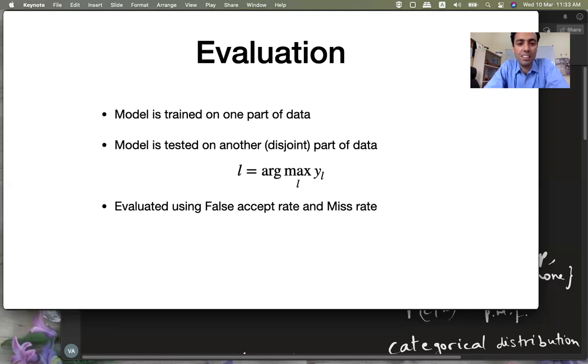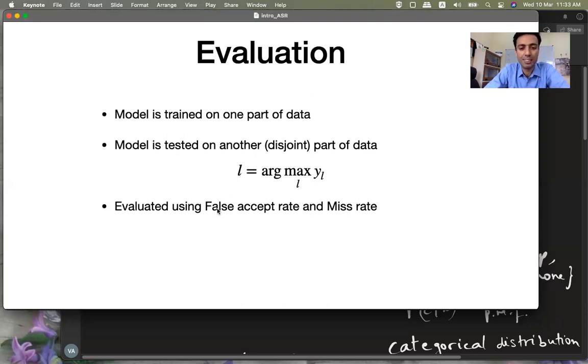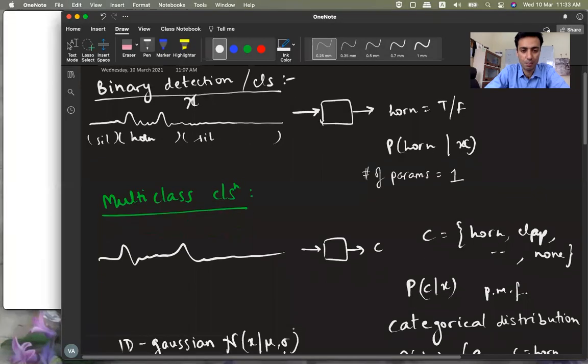Now, how do you define accuracy for this kind of a problem? And if not accuracy, then what other measure can be used? What measure we use is called a metric. The metric that is used for this problem is false acceptance rate and miss rate. What is false acceptance? For example, let us come to this